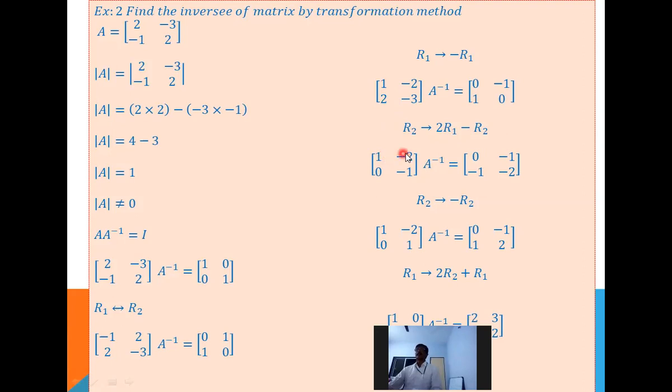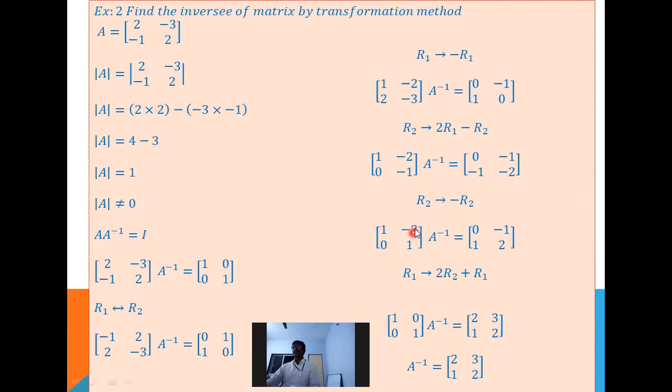So 1 -2 as it is, 0 -1 as it is, then 2 - 2 is 0, -4, -4 minus +3, that is -1. Okay, A inverse. त्यानंतर याला 2 ने मल्टिप्लाय 0 -1, that is -1. याला 2 ने मल्टिप्लाय करायचं, -2 -0, that is -2. त्यानंतर पुन्हा आपल्याला हा 1 पाहिजे, म्हणून R2 ला पुन्हा मायनस ने मल्टिप्लाय केलं. हा 0 -1, त्यानंतर हा -1, -2. ओके, त्यानंतर R2 चेंजेस टू